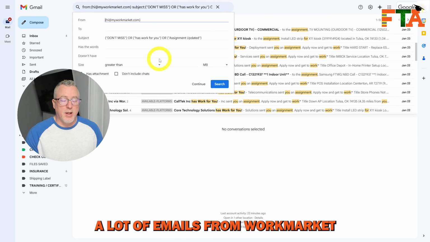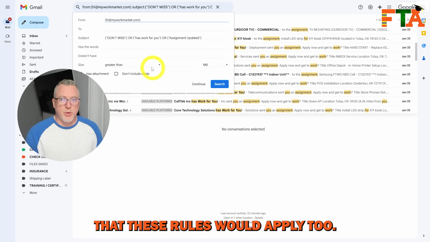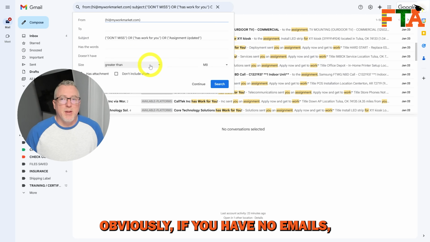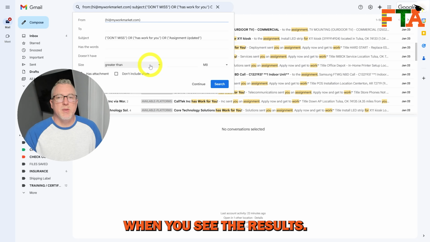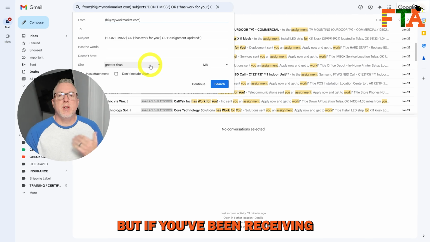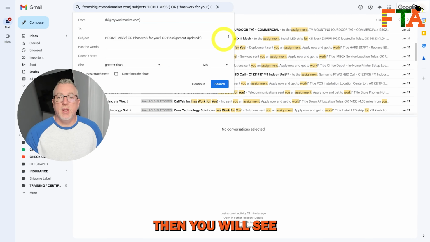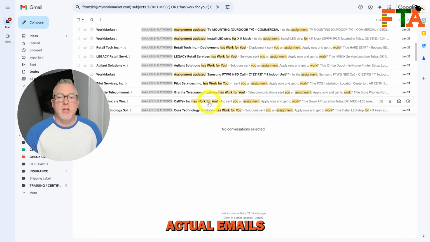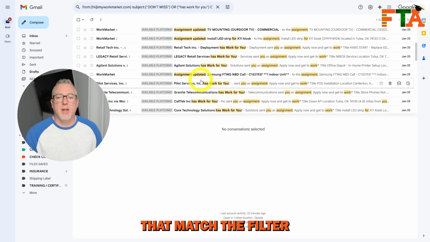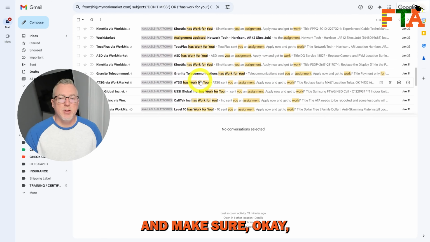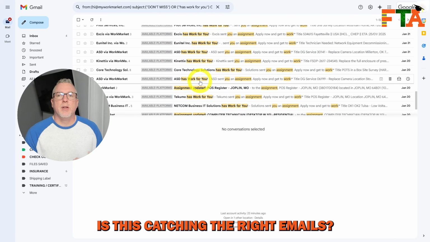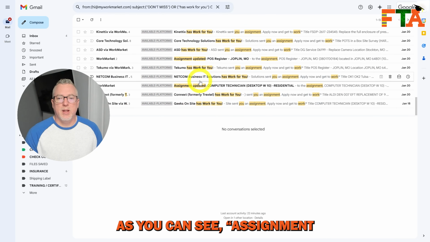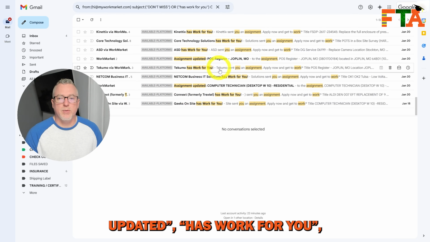So if you've gotten a lot of emails from WorkMarket that these rules would apply to, then you will see actual emails that match the filter. Obviously, if you have no emails, the filter is going to be blank when you see the results. You want to scroll through this list and make sure, okay, is this catching the right emails? And as you can see, assignment updated, has work for you,